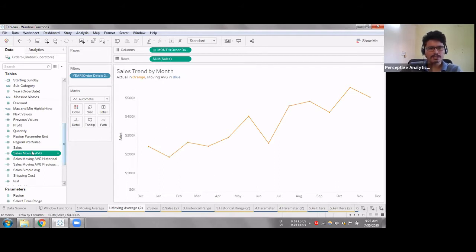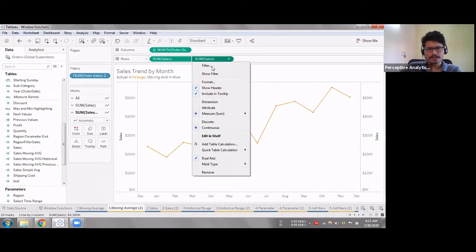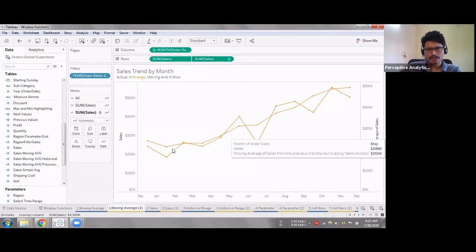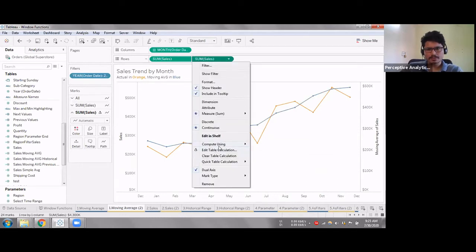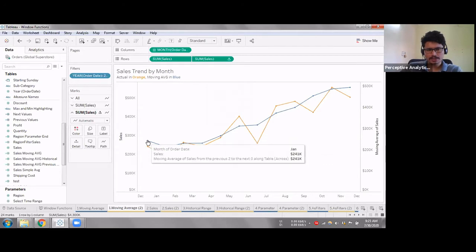It's a straightforward thing. I'll drop my sales in here as a dual axis, and then convert the sales using a quick table calculation. I go to moving average, and I get that. All I have to do is check that it's computing using table across. So now I have this value, since I have only one value at this point in time.